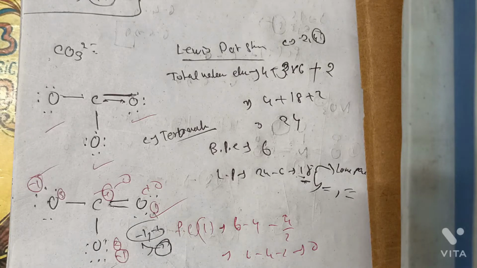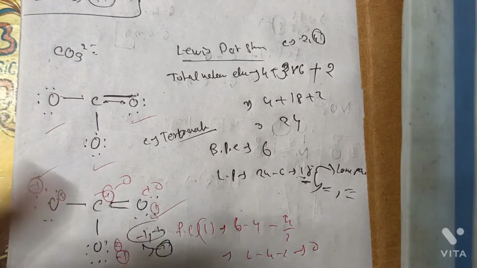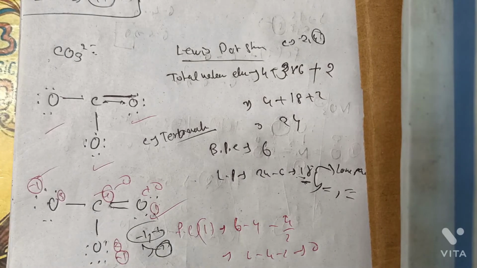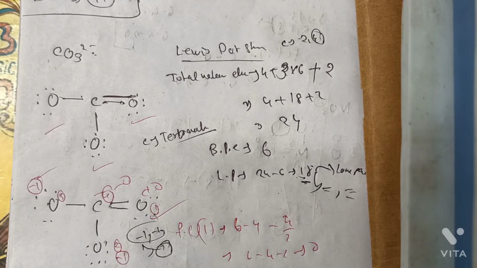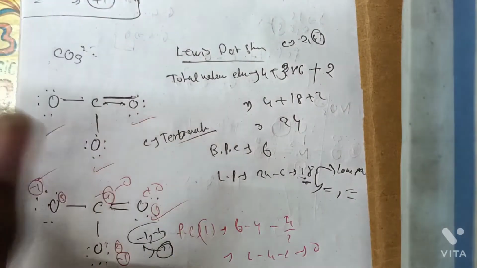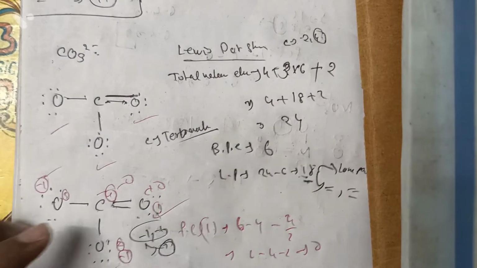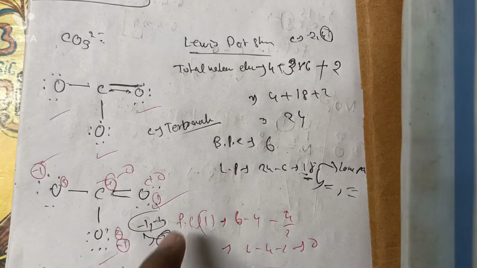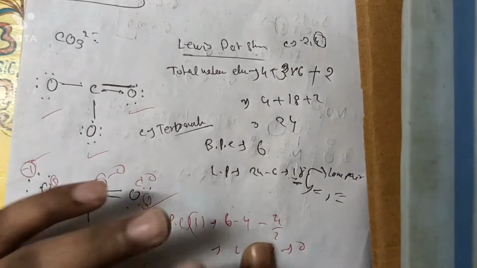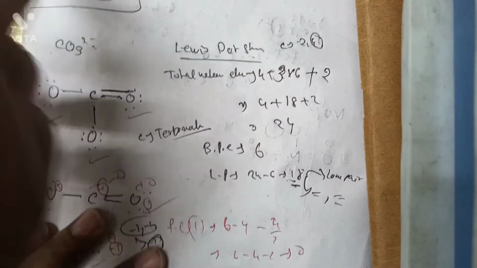Now, according to my trick, once you have drawn the structure you can easily tell it, not by doing this. If there will be an MCQ examination, you have to learn some tricks, because in an MCQ examination the examiner always gives us less time to complete the harder problems. And finding formal charge by this method will be very complicated in a small span of time. So better not follow this. In an MCQ examination, follow this trick.